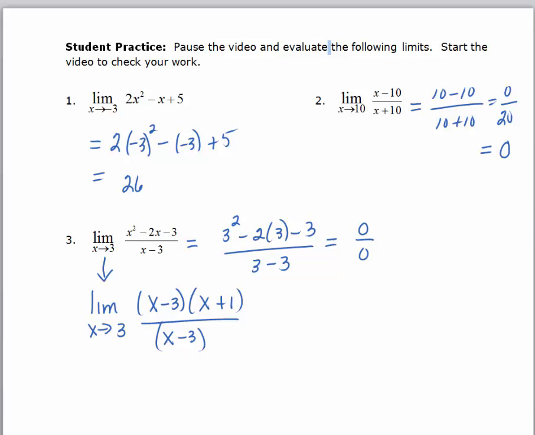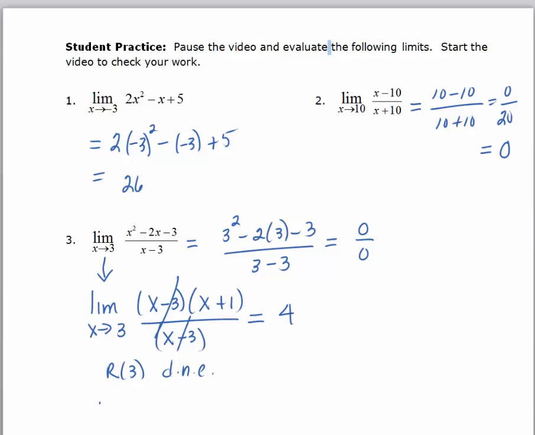So we will cancel the x minus 3's, and now we can actually evaluate. 3 plus 1 will give us 4. So we know the limit is equal to 4, but we also know that this rational function, that r of 3, does not exist. But since this is a rational function that has a common factor, we know we have a hole. Now we've already answered the question. The answer is 4, but just to add a little more information, because you may be asked about this,